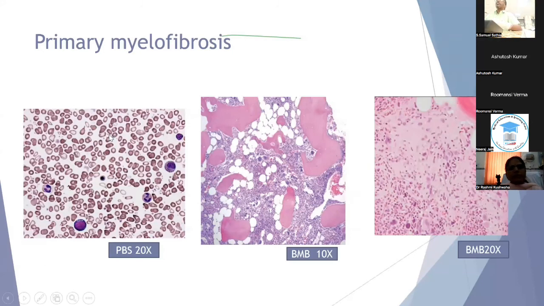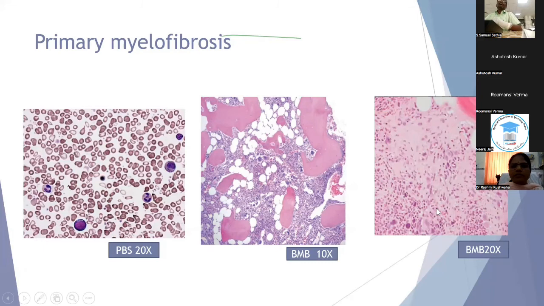Actually, the peripheral smear is a mirror of whatever is happening in the marrow. So, the peripheral smear will reflect what is happening in the marrow. In this case, we see the teardrop cells, we see the nucleated RBC, we see a blast here. So, we definitely know something is happening in the marrow. This is a marrow showing an increased number of megakaryocytes that are present in clusters, and of course, the